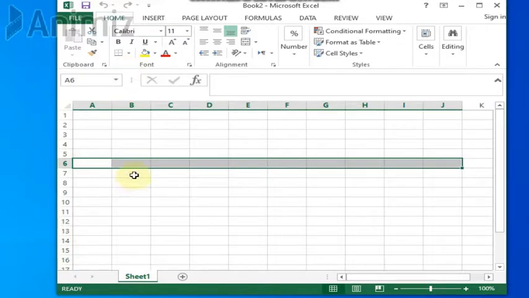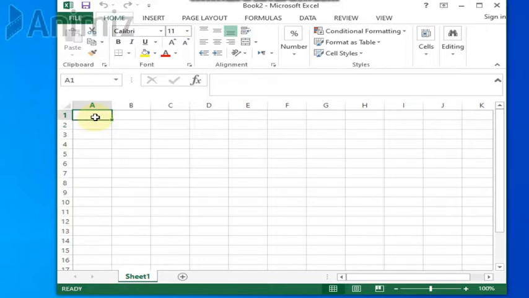So now I've told you that there are rows and columns. When a row and a column intersect, it forms a cell. What does it form? It forms a cell. This is a cell. So the intersection between a column and a row is called a cell. For example, I'm just going to click here, and this is a cell. Every cell in MS Excel has a name. For example, if I click here, the name of this cell is B1.